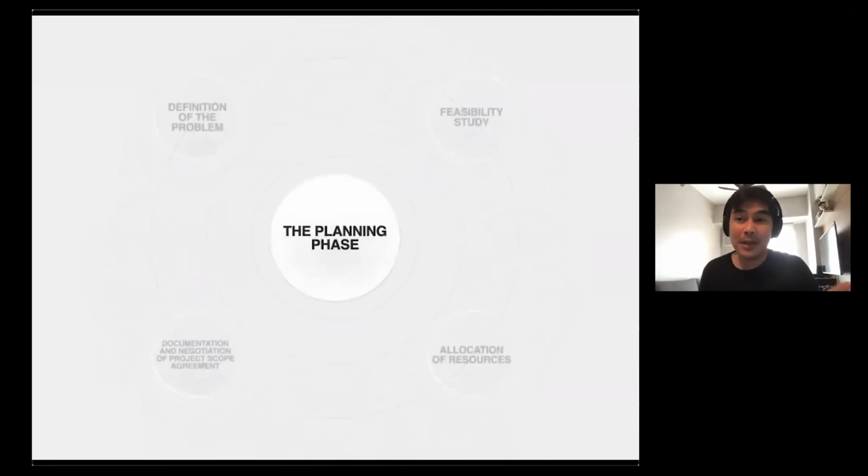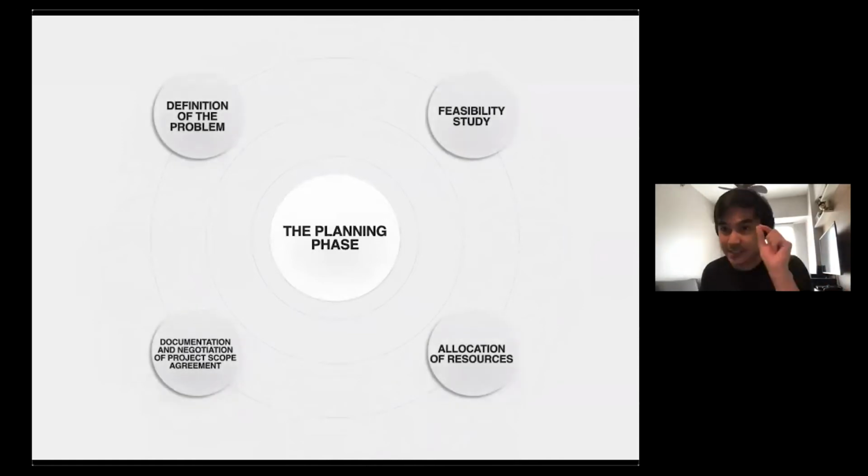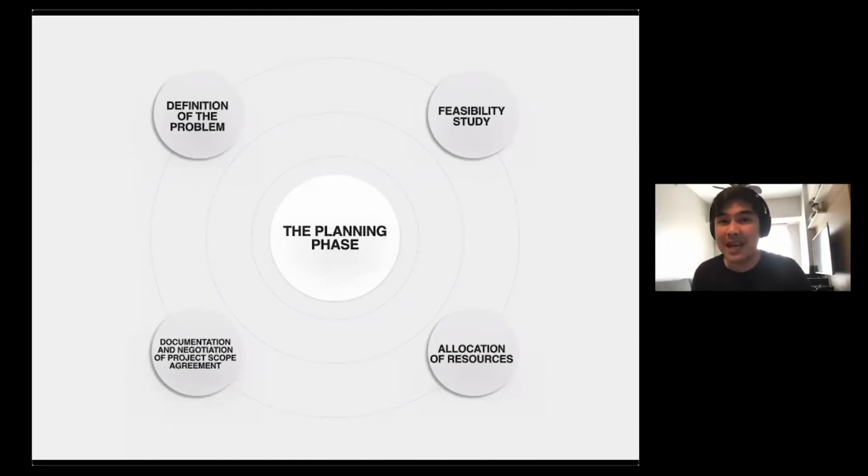And when we talk about the planning phase, yan yung pinaka-umpisa. Please take note of that. In developing a clinical information system, the first thing to do would be the planning phase. Just like, for example, if we're going to implement a certain program, we need to have a planning phase first. And the planning phase is composed of 4 important steps. So nandyan yung we identify the problem, what would be the problem or the issues in the clinical area that our clinical information system would like to address.